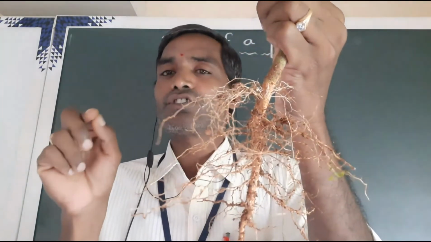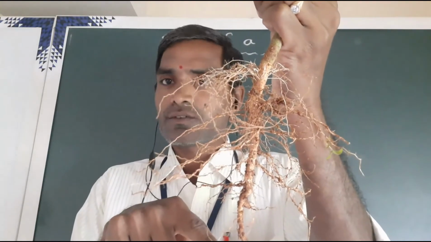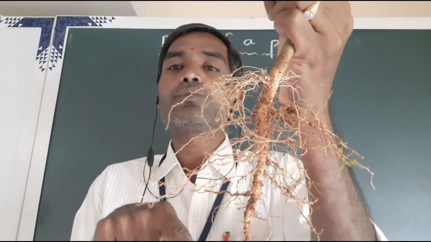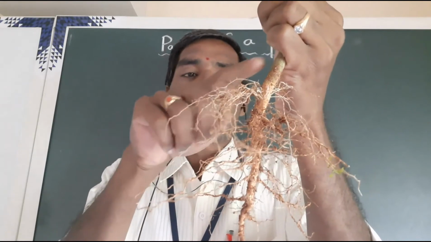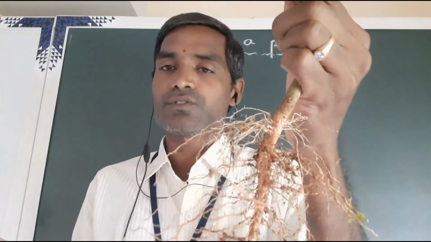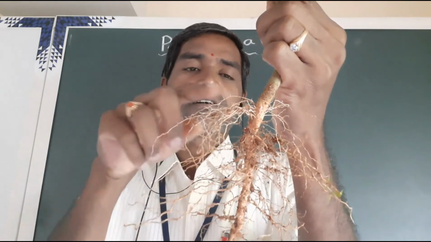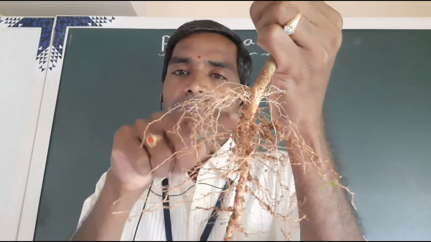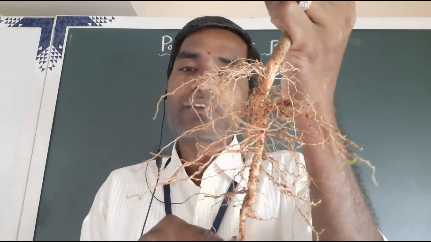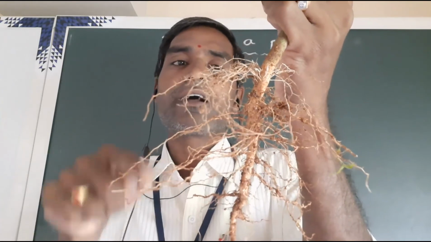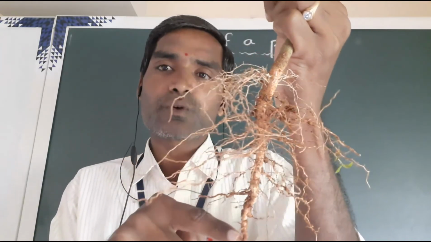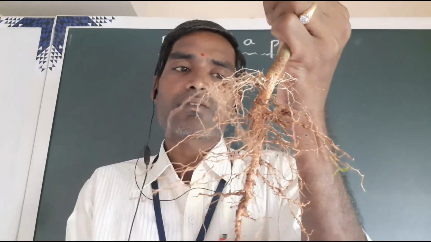Remember I told you what the root system is? Below the ground level, that is called the root system. The roots are divided into two types: the taproot system and the fibrous root system. Today we are going to discuss the taproot system. I already told you, in the plant below the ground only one main root is fixed to the soil, and this main root is called the taproot system. The remaining small rootlets are called lateral roots.